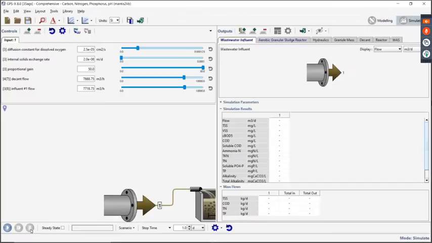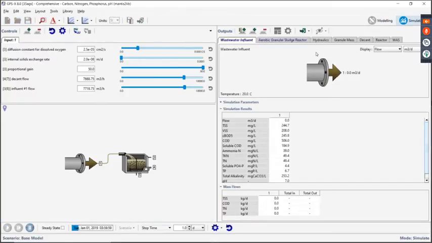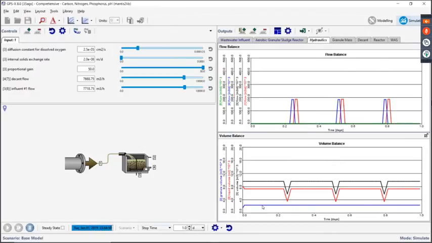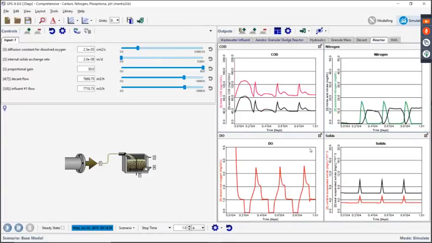So I just want to very quickly run a short dynamic simulation here so that you can see things. Like you can see here our granular mass moving along. That's pretty much being held constant. This is the volume of the reactor. We can see here there's periods where it's pumped down and then filled back up again as we were decanting off some of our flow and some of our treated liquid. And then we can take a look actually at the concentrations inside the reactor. So without going into a lot of detail, you'll see here, of course, that the DO goes up and down, and there's aerated periods and anoxic periods.